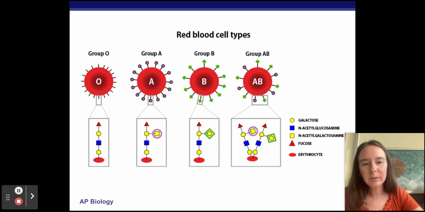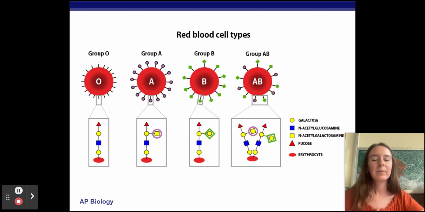So group O, we see here, has carbohydrates, but they're very simple. Group A has the same exact structure as group O, but it's added on another molecule here. So this is another part of the carbohydrate, extending it longer. Group B has a different shape, and group AB, notice, has both of them, this one and this one, together on the surface. And so if you have group A blood,